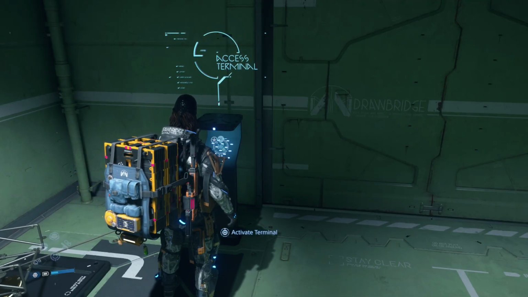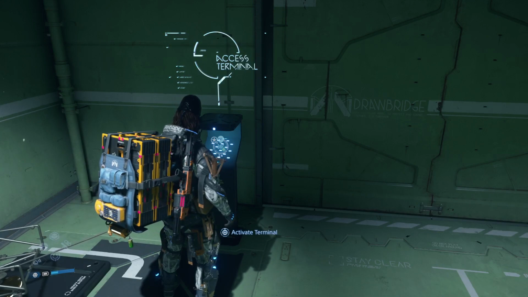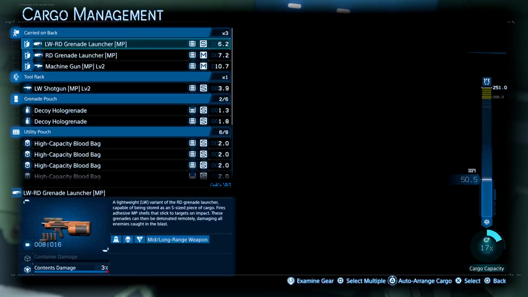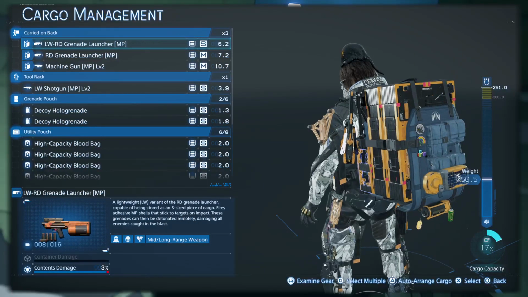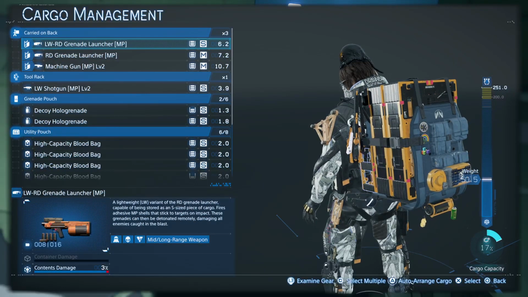I'll put his information in the description. It's really easy to get. It's the first one. You can get 2 from him. Well, you get a grenade launcher from opening up F5, but from the Fisherman, you get a remote detonation grenade launcher. Tomato, tomato. If you want the regular...